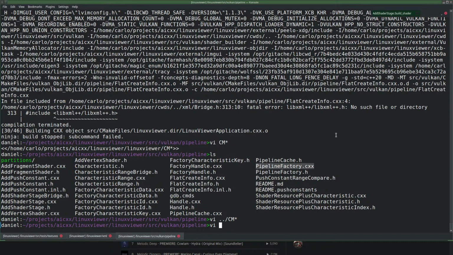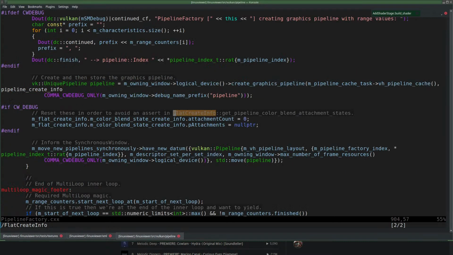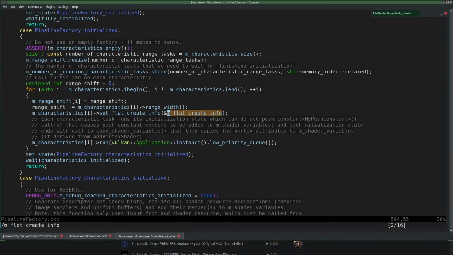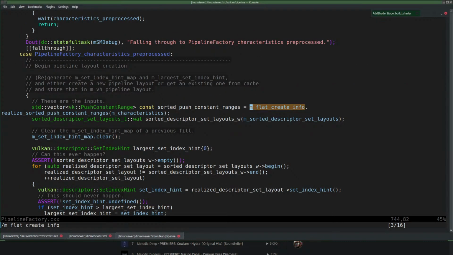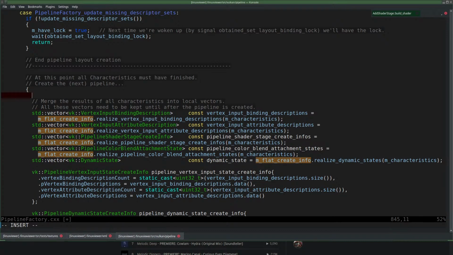Let's have a look at the pipeline factory. FlatCreateInfo. So here it's done, I think. Create the next pipeline, and we're just reading from FlatCreateInfo. So at this point we could do